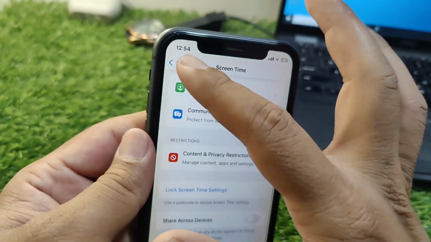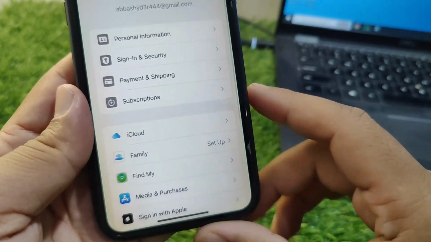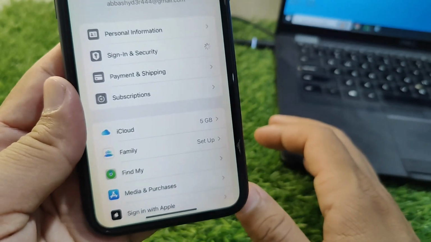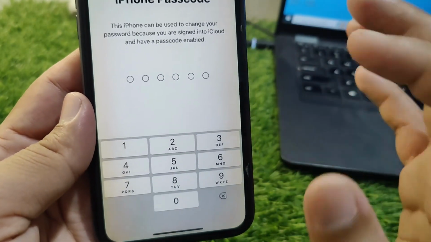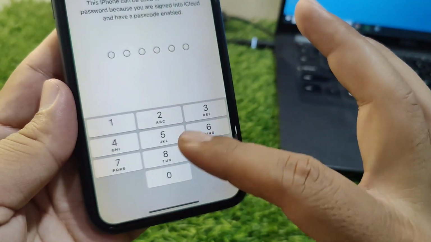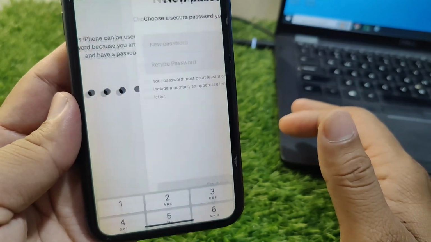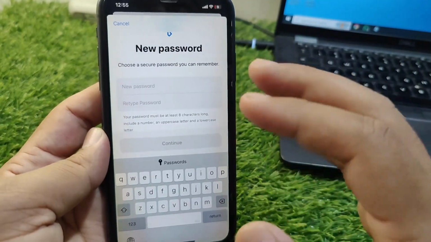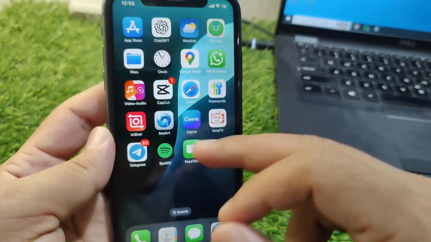So guys, simply do this, and after this go back and open your Apple ID, and then you have to tap on the Sign-In and Security option, and then tap on Change Password and enter the passcode for your device. And now try to change the password for your Apple account. And if you're still facing this issue and you are unable to change the password, now go back and then